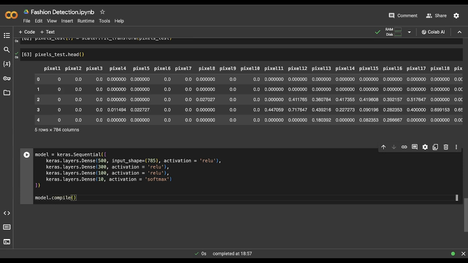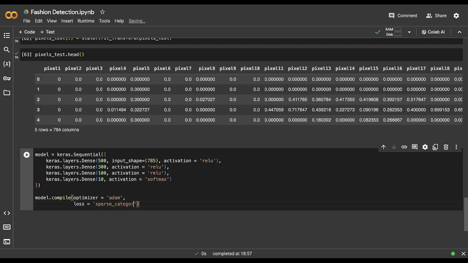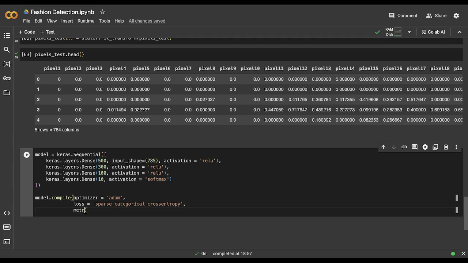The optimizer that we will use here would be Adam, and the loss would be sparse categorical cross entropy. Now I want to evaluate my model based on accuracy, so the metric I would provide is accuracy. Now we are done with compilation.